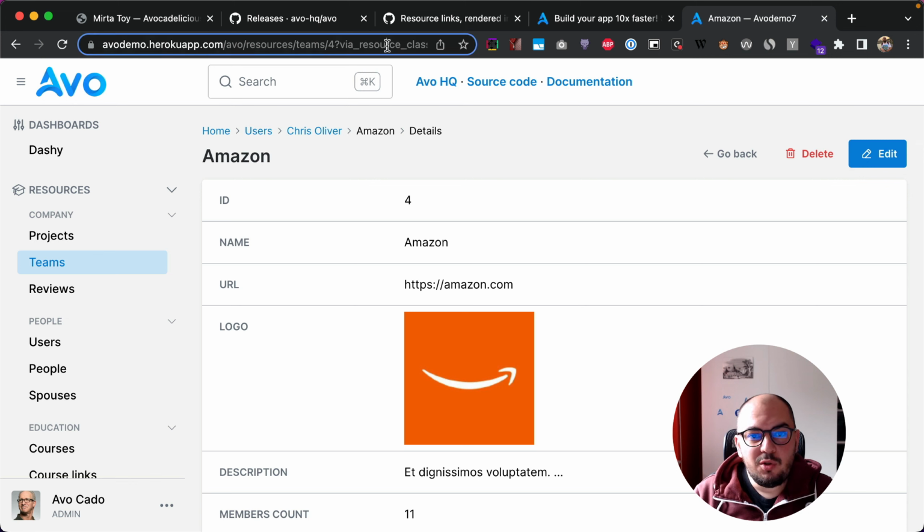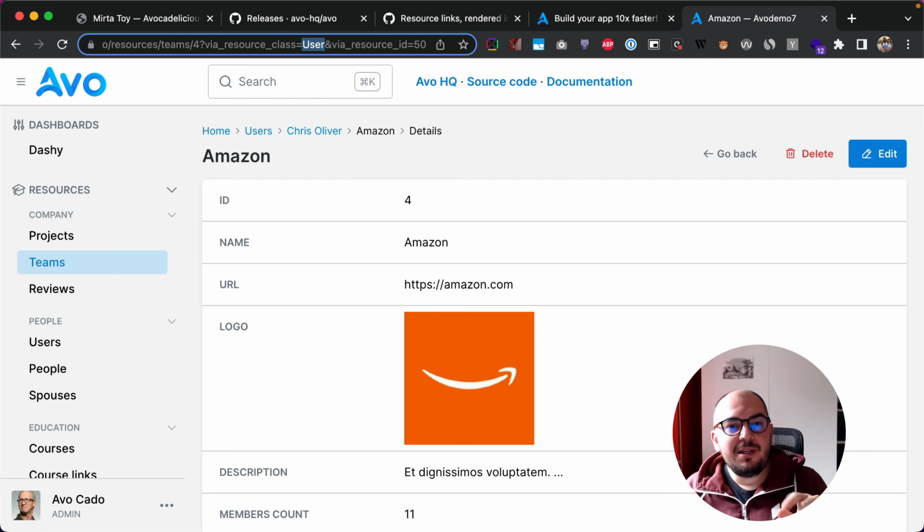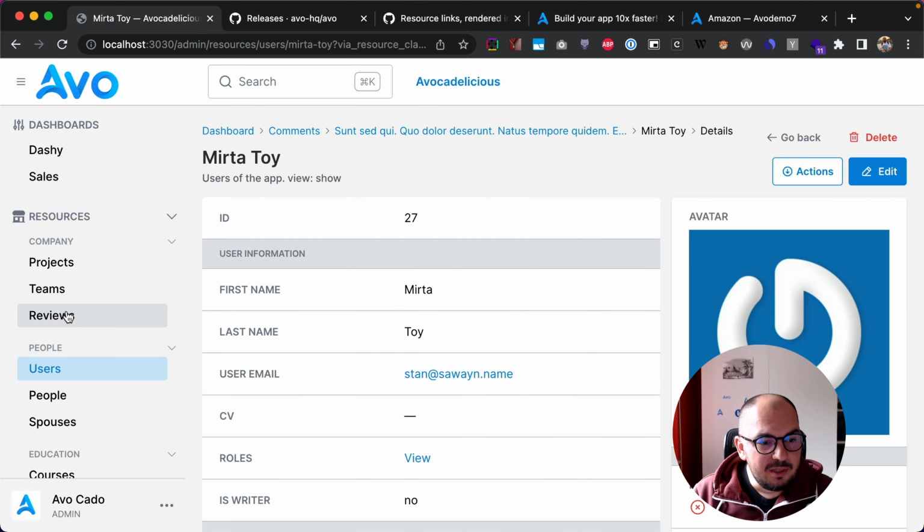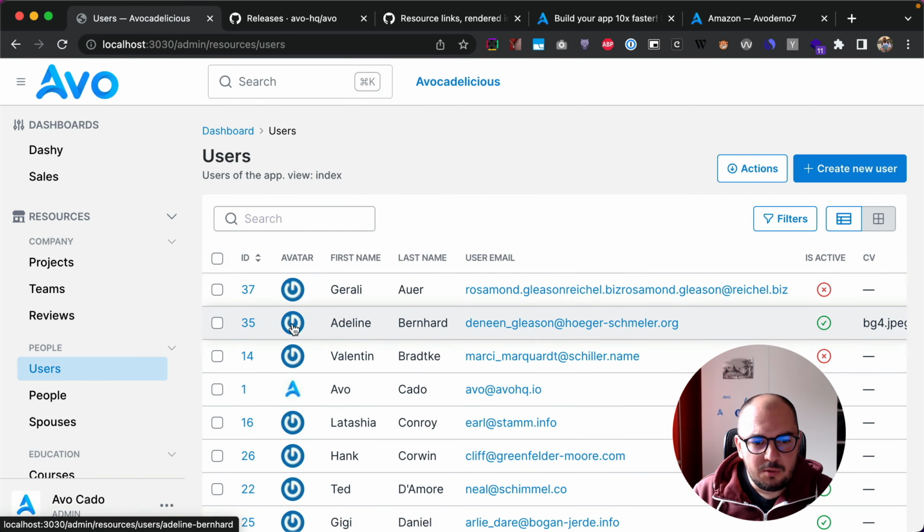But the issue is here that we're not actually sending the resource class, we're sending the model class. And this has a few issues, especially when you have multiple resources mapped to one model. This resource that is displayed here would just be the first one in alphabetical order, and that might not be the right one. And now what we did was, let me just show you,